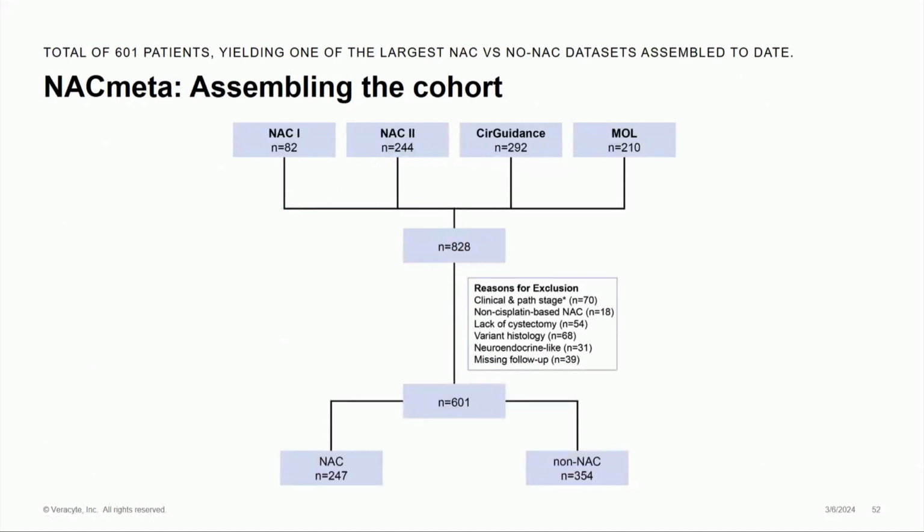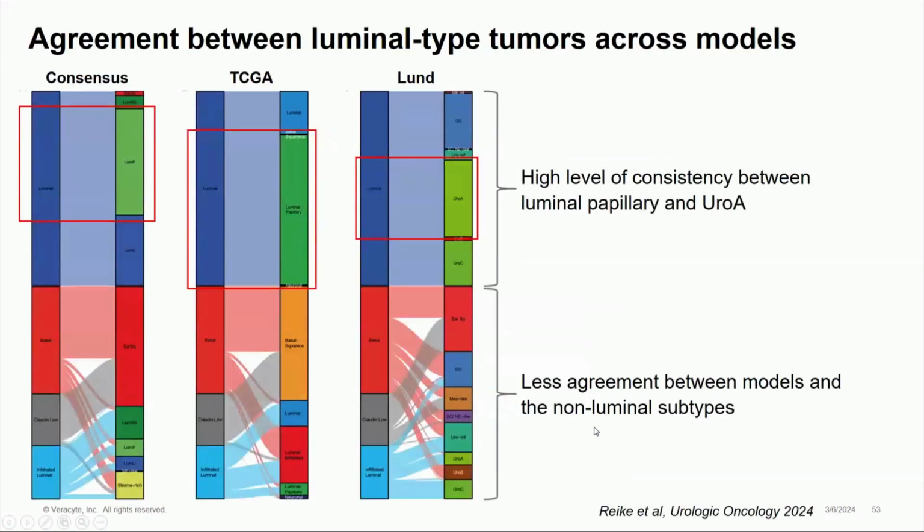Going back to the NAC meta cohort, we use this cohort to start to look at this problem. For the biology data, we're not using weighted data any longer, so we're actually going to use 601 patients unweighted, but for any of the clinical outcomes data, we'll be using weighted data sets. What we found, applying these 3 models and using the Decipher GSC as a reference to this cohort, is that there's actually a high degree of consistency between luminal papillary and UroA tumors according to the Lund model,